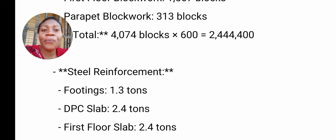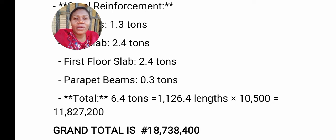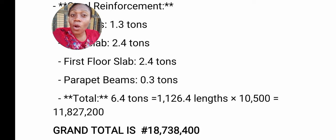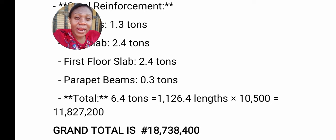Then still reinforcement, which is rods. When you add up all the rods for the whole stages, you'll be needing in total 6.4 tons of rods, including the DPC, including the first floor slab, which is the decking. When you add them up, you'll be having 6.4 tons. Multiply by the total length that makes up a ton, you'll be having 1,126.4 lengths, working with 12 mm. Please take note. So multiply by the price per length, which is 10,500, you'll be having